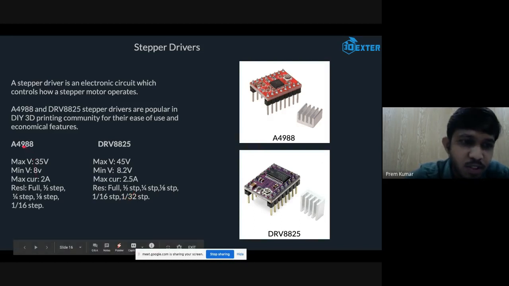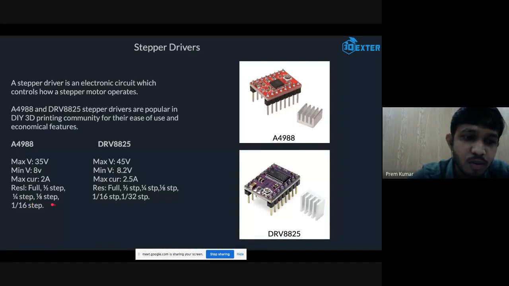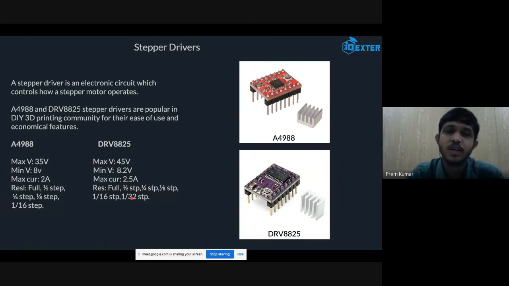The previous stepper driver divides a step by 16. You can make one step into 16 independent steps, but here you can make it 32 independent steps, which means the micro stepping is doubled in this kind of stepper driver. That also means your printing accuracy will improve. But these stepper drivers generally heat a lot because their maximum current is higher, as you can see, 2.5 amperes. So you have to use a heatsink, and it's better to use a cooling fan for these kinds of stepper drivers.